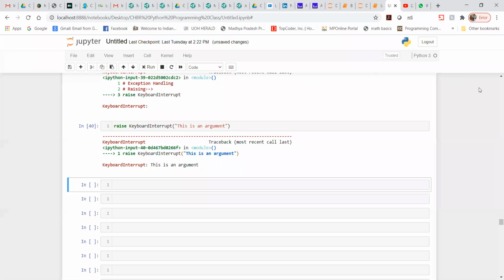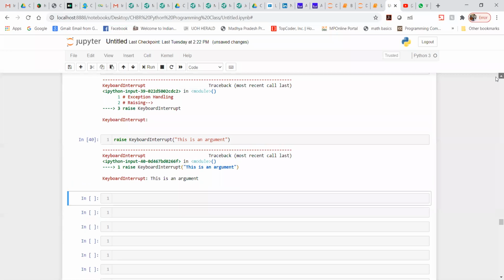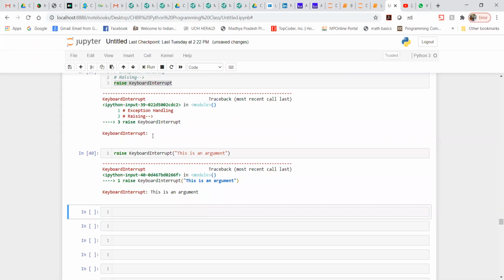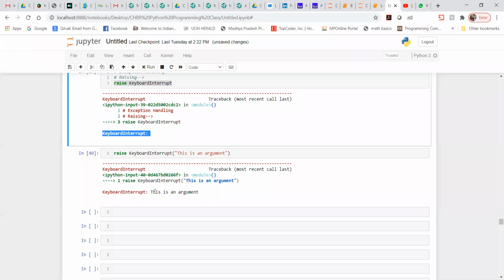You can see in the first case, after KeyboardInterrupt, we haven't got anything. Now here we are getting, this is an argument, because that is what we wanted to print in the message. This is how you can create your own exception and mention what message you want to print for that. Are we clear? If yes, then please let me know.